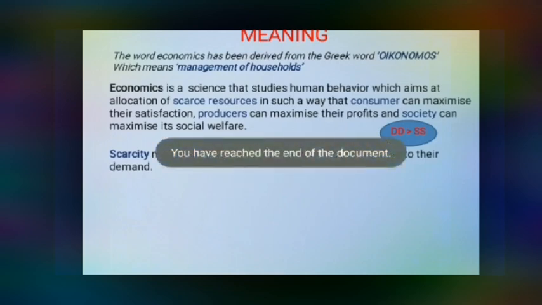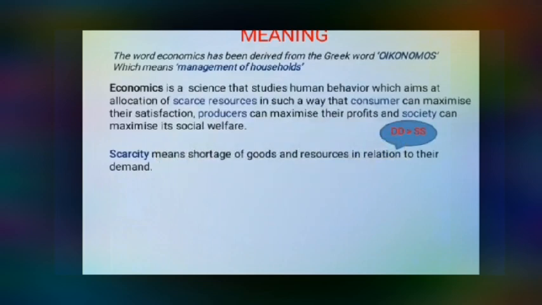The consumer will maximize their satisfaction, producers will see how they can maximize their profit, and society will see how they can maximize their social welfare. So we can say that economics describes and analyzes choices about the way goods and services are produced, distributed and consumed. Secondly, it also evaluates the consequences of the choices. Now, in the next virtual session, we'll be learning about economic